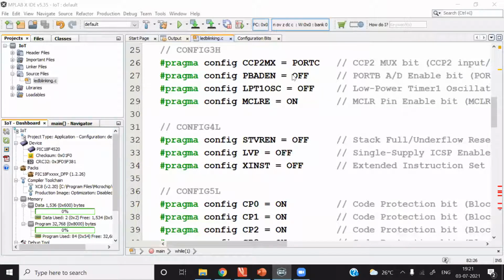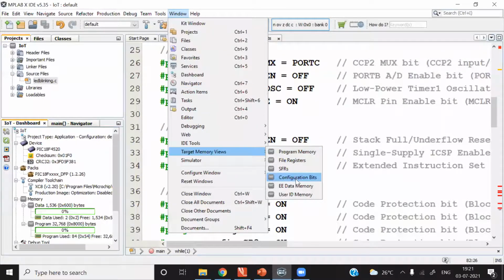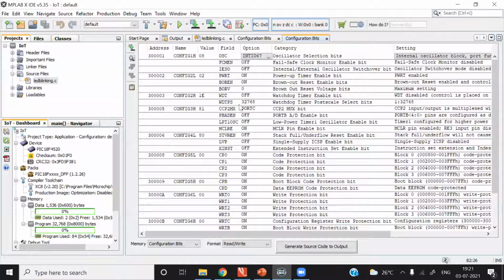How to open the configuration bit file in the editor pane? Should I explain once again? See, what you do is click on the Window menu, a drop down list will appear, scroll down to Target Memory Views and select Configuration Bits. So this window will open. This is the task pane.